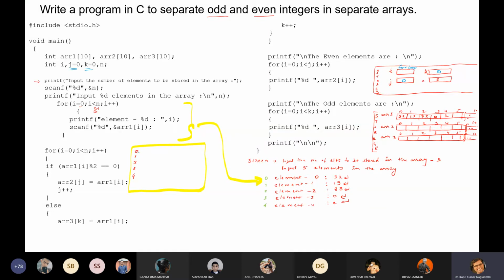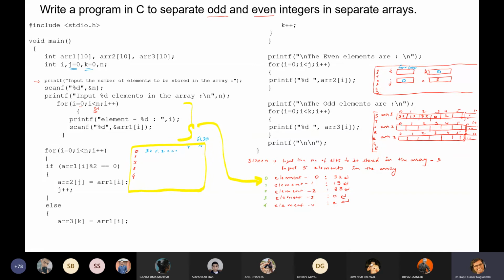If array I, okay, what is the value of array 0? Array 0 is 32. 32 mod 2 equals to 0. If yes, then where? If no, then where? Okay, so this is the false branch or the else branch. Now come to this, this is true, then array 2 j.